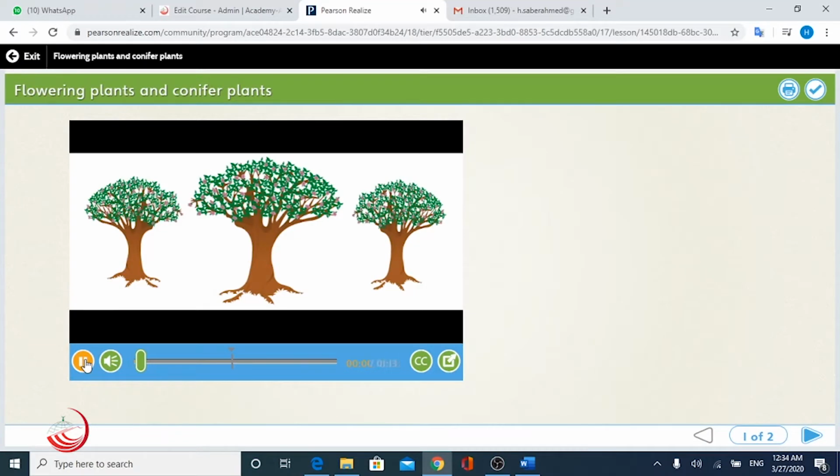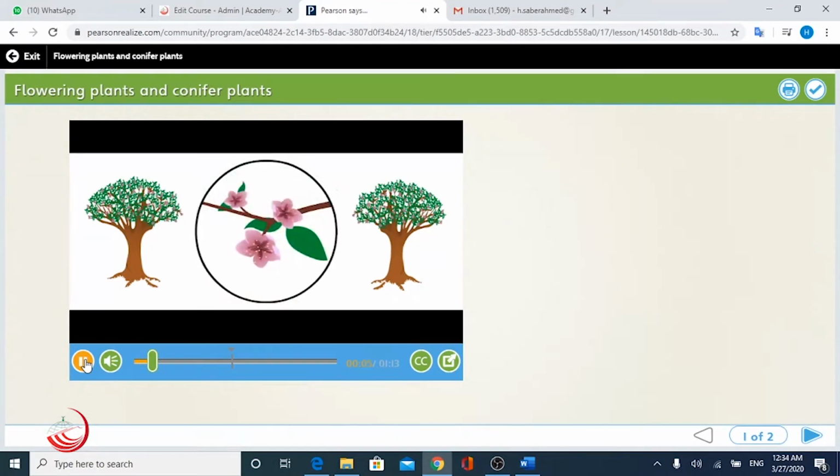Some plants, such as the peach tree, reproduce using flowers. The petals attract bees and other animals to the flower. Pollen sticks to the bodies of bees as they look for food. Animals and wind can pollinate or carry pollen to another flower. So this is the meaning of pollinate. Pollinate means carrying pollen,